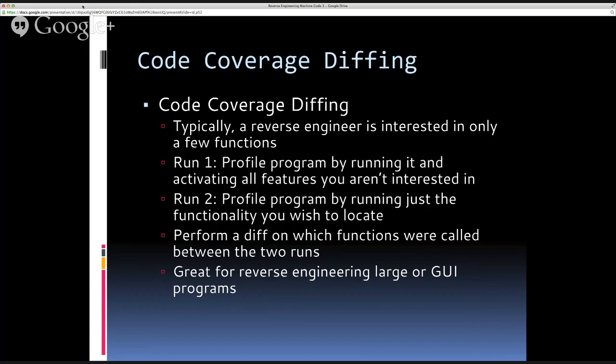Code coverage diffing is also very powerful, and this is really nice, especially for large or GUI programs. The basic idea here is that you run the program once and exercise functionality that you don't care about, then you run it again and only exercise functionality that you do care about. By diffing the functions that were called between the two runs, filtering out the ones that show up in both or just the first run, you can very quickly isolate where in the program is the function that you care